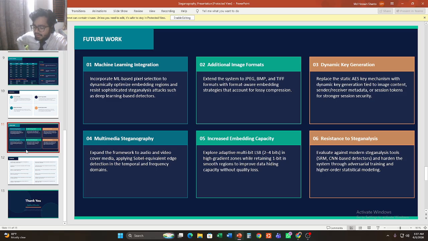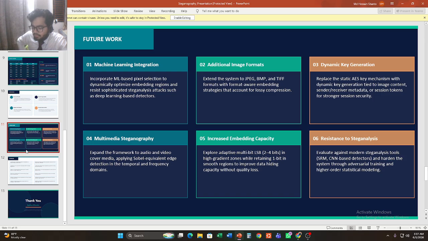Results for Lena. At 512 bytes payload, PSNR is 68.33 dB, MSE 0.0027, RMSE 0.0519.